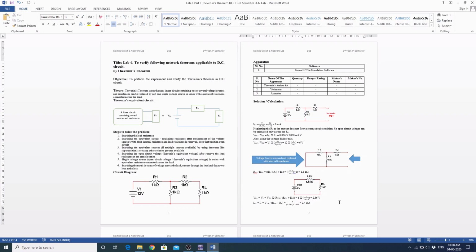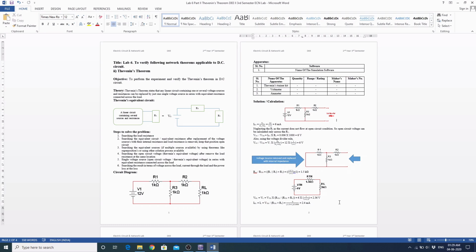Hello, today we will see the simulation of Thevenin's Theorem in DC circuit. So our objective is to perform the experiment and verify the Thevenin's Theorem in DC circuit. So at first here we will see the Thevenin's Theorem, which states that any linear circuit containing one or several